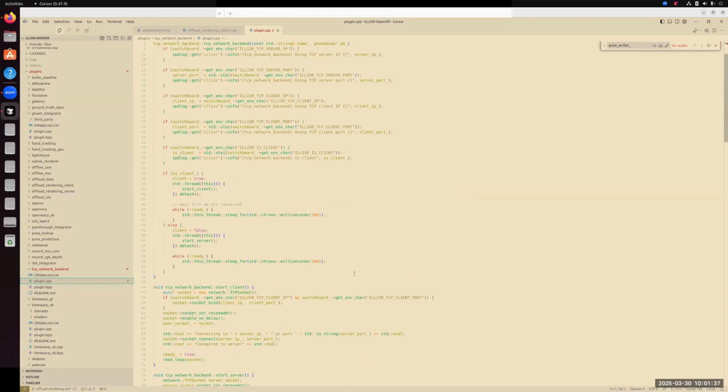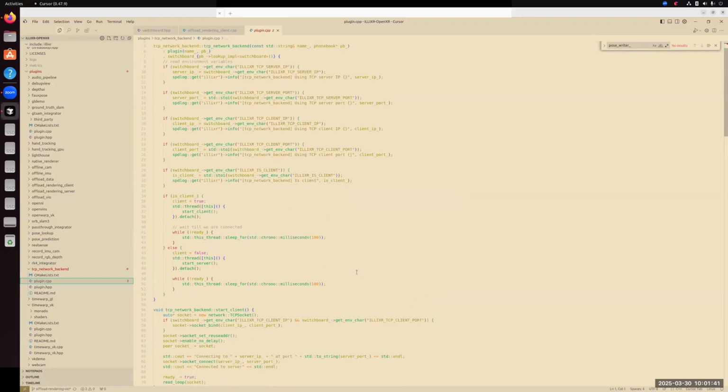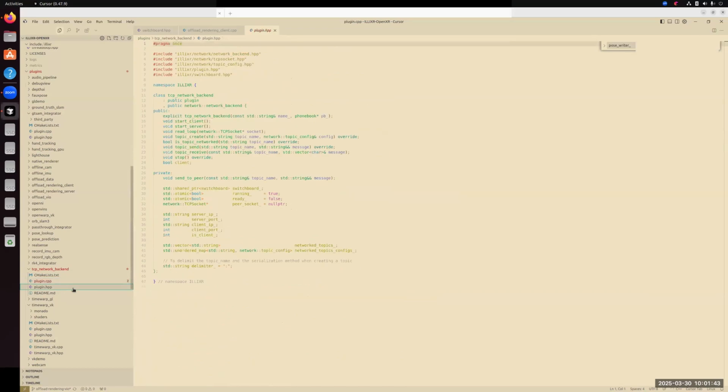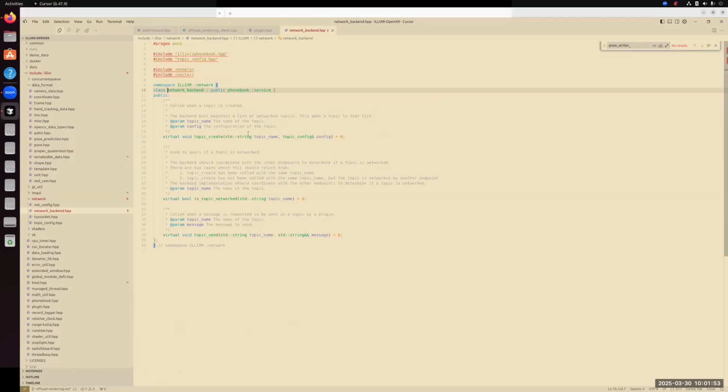The API, the interface we have here, I want to show you the structure of the class. It extends both plugin and network backend. Network backend is an interface for handling the serialized data from the runtime and transmitting it over the network.